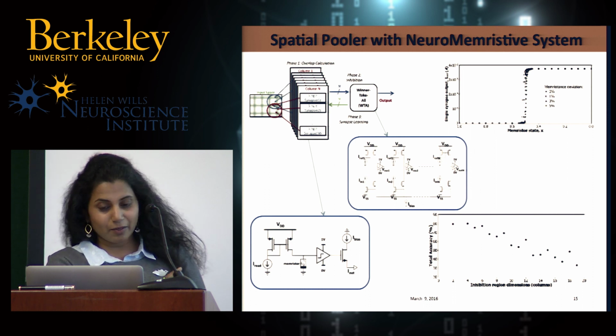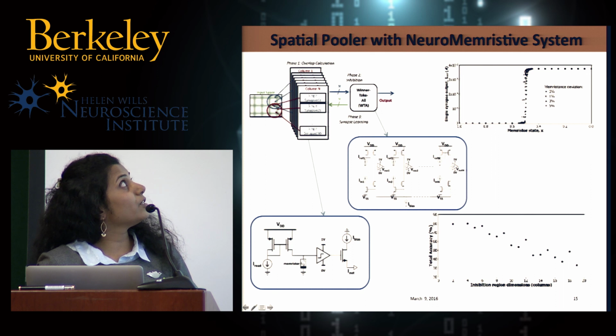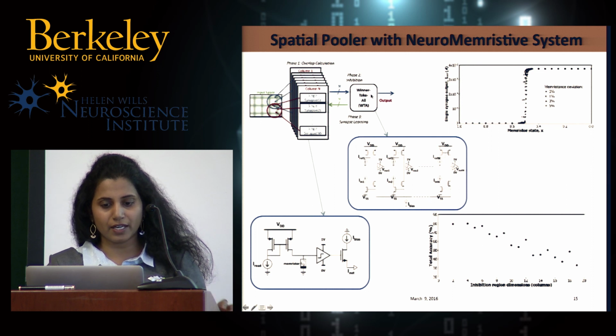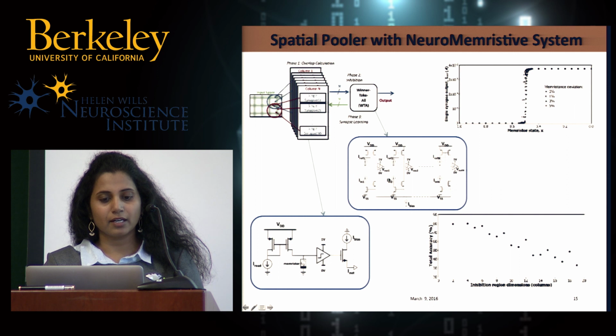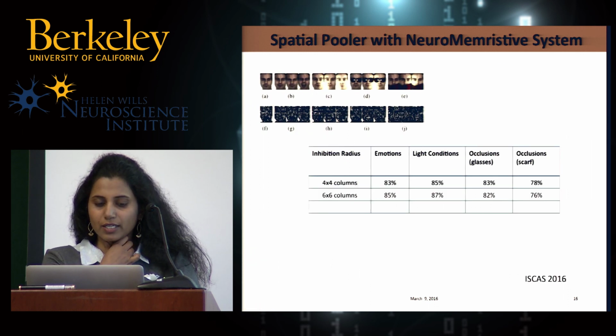The figures are a little blurry, I apologize for that. On the top left is what we show, like how we are doing the different phases within the spatial pooler, like the overlap and the inhibition phase. For the inhibition phase itself, we used a winner-take-all circuit, and the memristive synapse, the neuromemristive designs, are used in this overlap phase. And we tested this with, again, early test results using